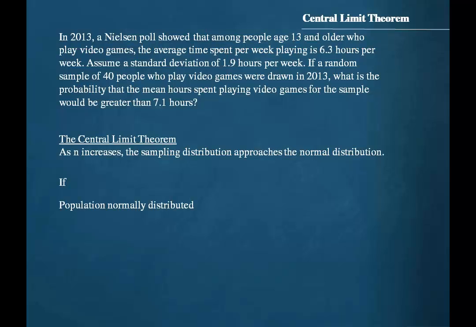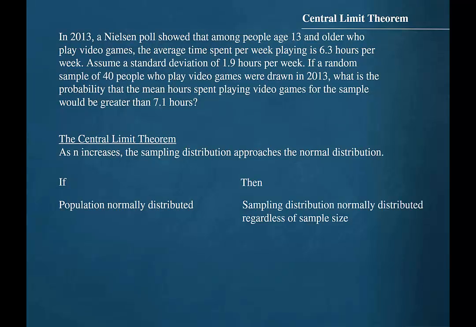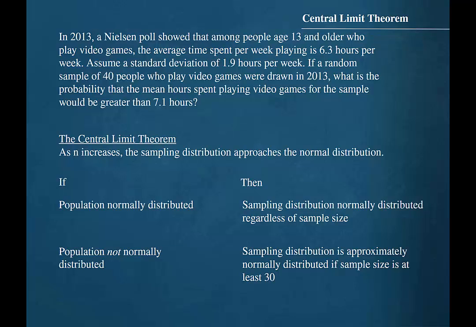If the population is normally distributed, then the sampling distribution will be normally distributed regardless of sample size. If the population is not normally distributed, then the sampling distribution is approximately normally distributed if the sample size is at least 30. The sample size for this problem is 40, so we will use the normal distribution to approximate